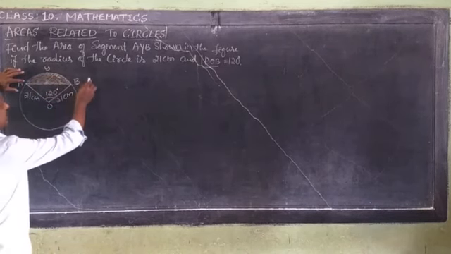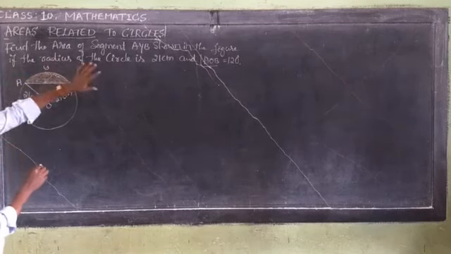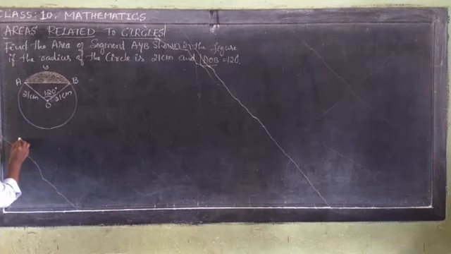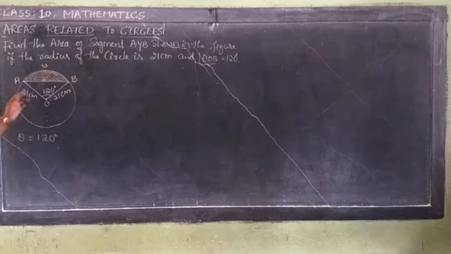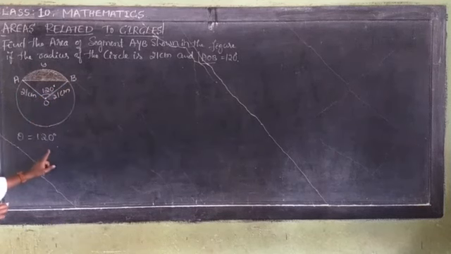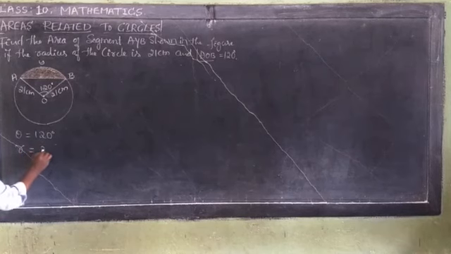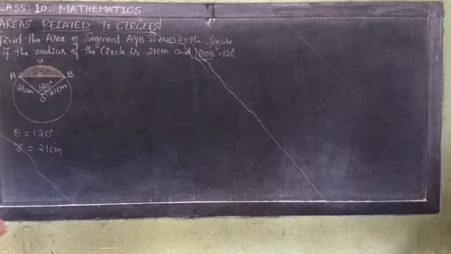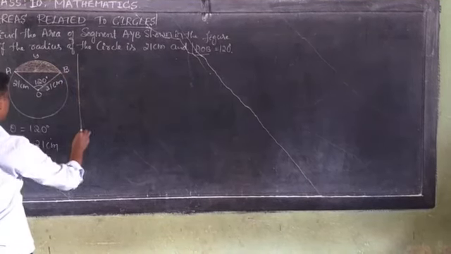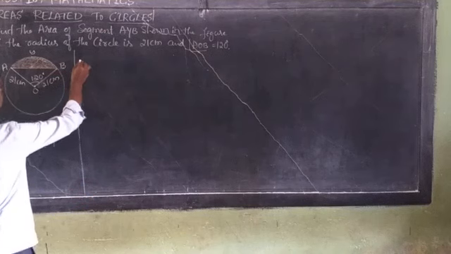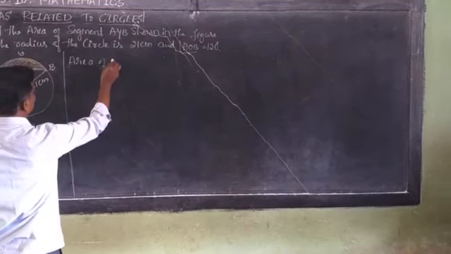Area of segment AYB. First we have to write the given things here. What are the given things here? Angle AOB, that means theta, is 120 degree. This is given. And radius of the circle R is equal to 21 centimeter. These are the given things. And then we have to find the area of segment